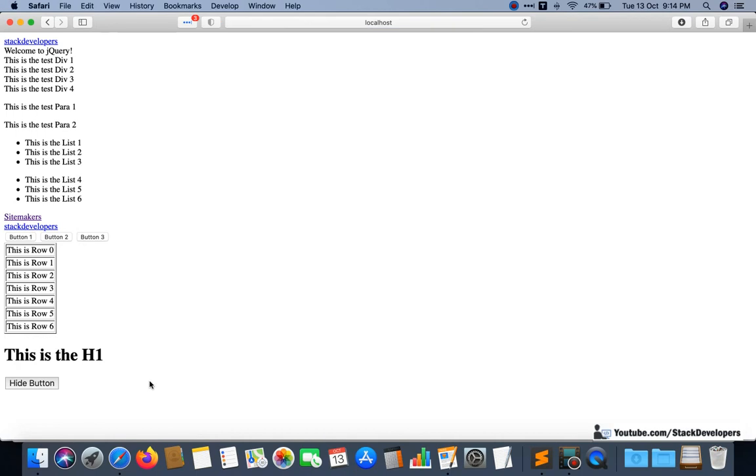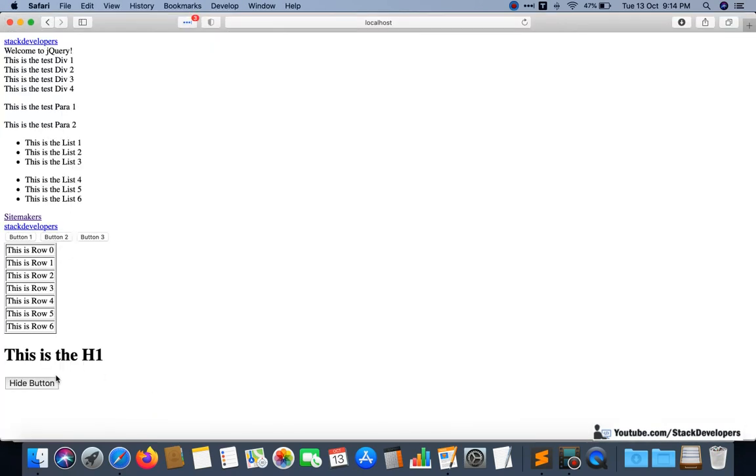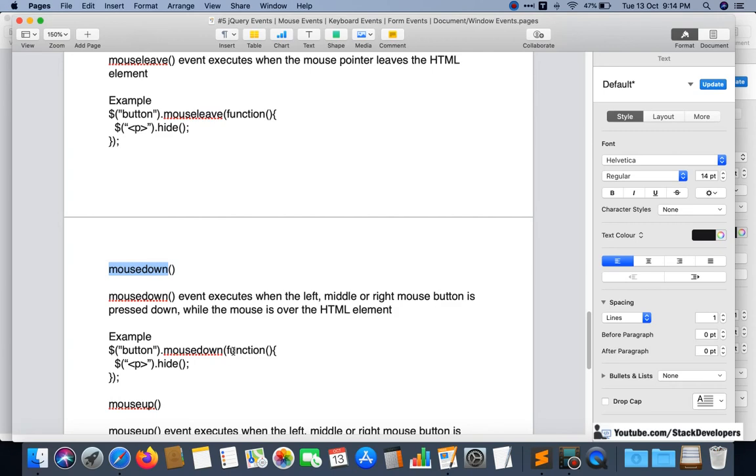You just need to press, but after that you are not required to release it. Okay, so this is another event, the mouse down event.